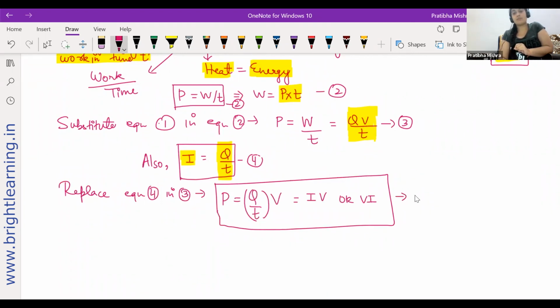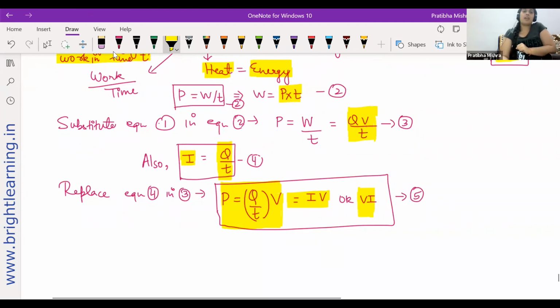This is equation 5. I know there are so many equations, but this is how you have to understand. If you understand this, there's one more formula that we will do in the next class, and we are done with the chapter. The electric power, you know the units of it. That will be the last one. So we are actually learning Joule's law of heating, and I'm going to derive that. That's why I'm doing it.